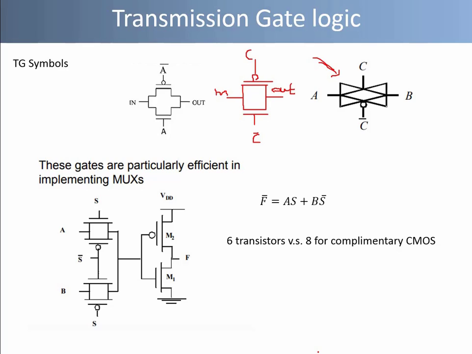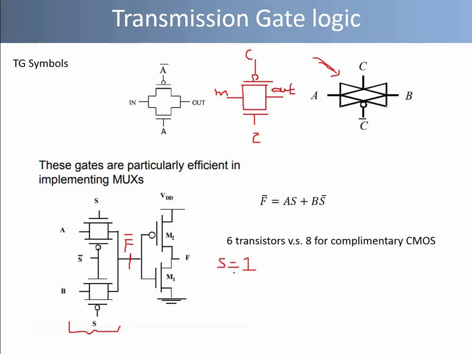Transmission gates can be used to build some complex gates very efficiently. In particular, they are very efficient in implementing circuits based on multiplexers. This figure shows an example of a simple inverting 2-input multiplexer. This portion of the circuit selects input A or B on the basis of the value of control signal S.